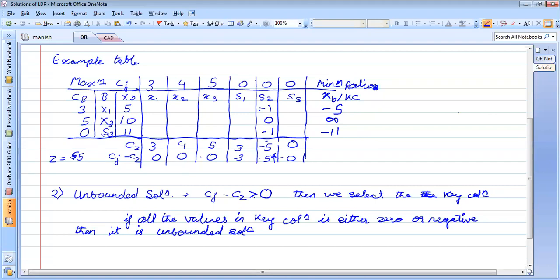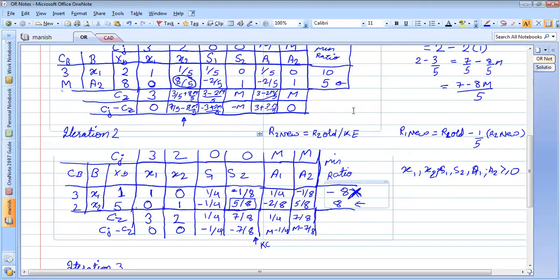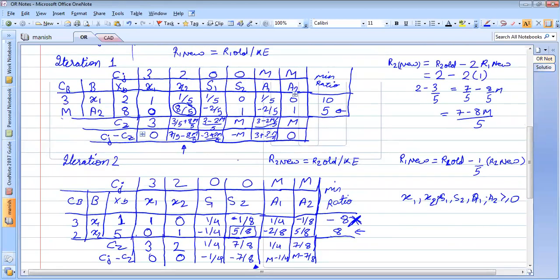If we mark this as key row, that means A2 has to leave the basic variables.